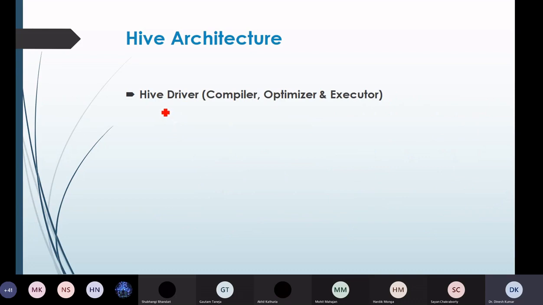The third component of the Hive architecture is Hive drivers. Hive drivers receive Hive query language statements submitted by the user.